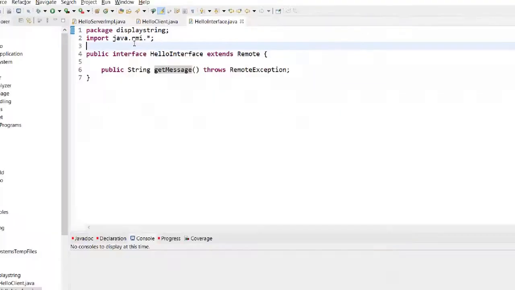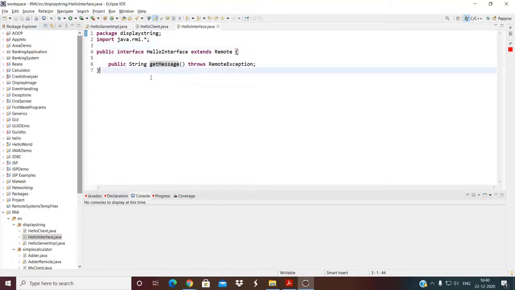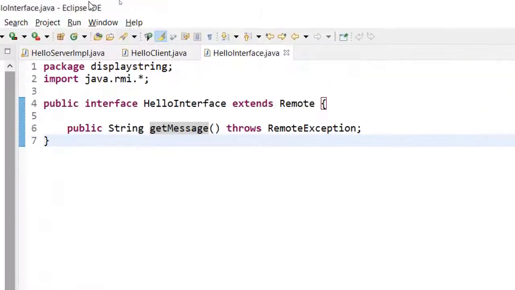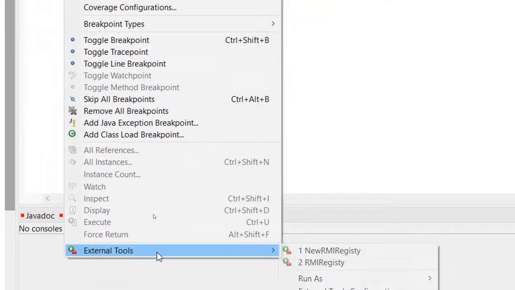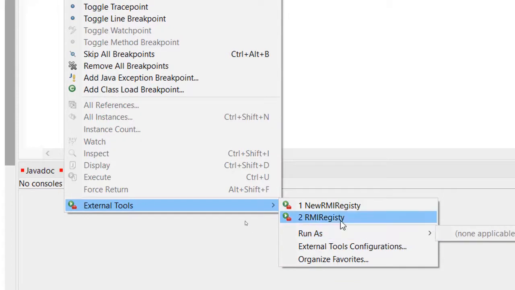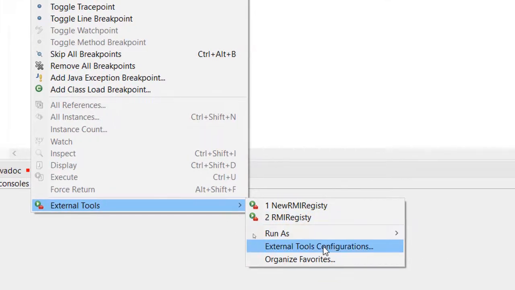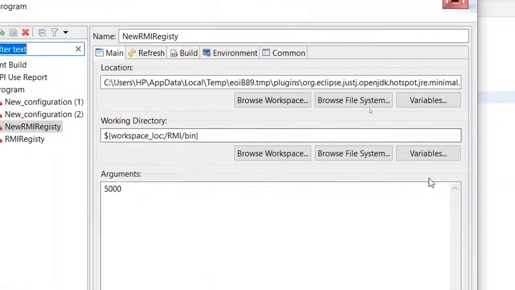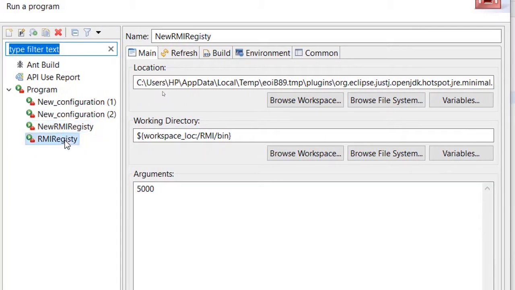So I'll quickly show you how to run this. I'll go to external tools. This time I have this RMI registry. Let me show you the difference between RMI registry and new RMI registry.